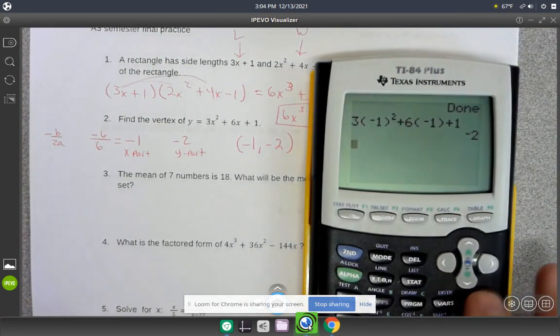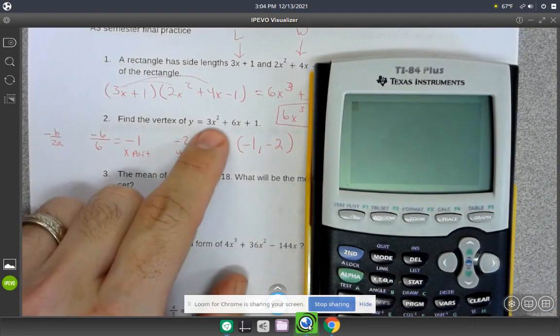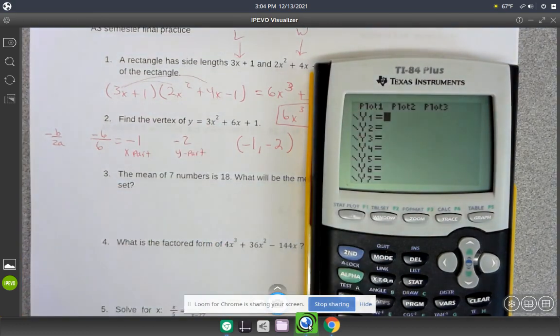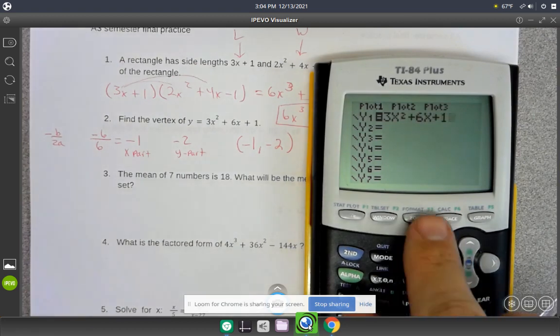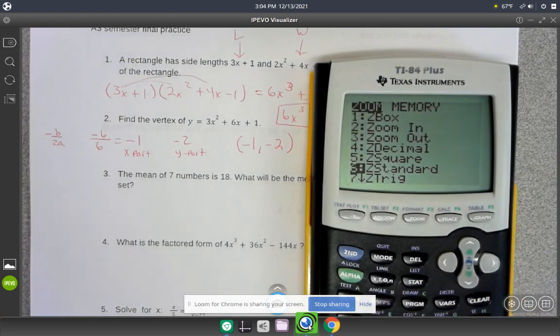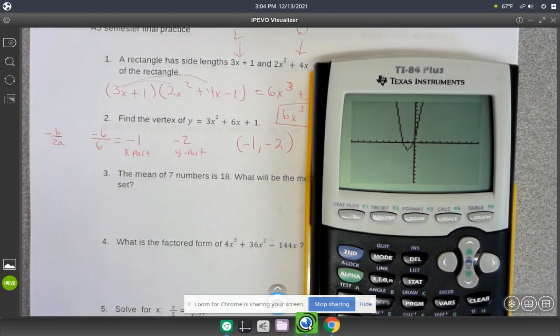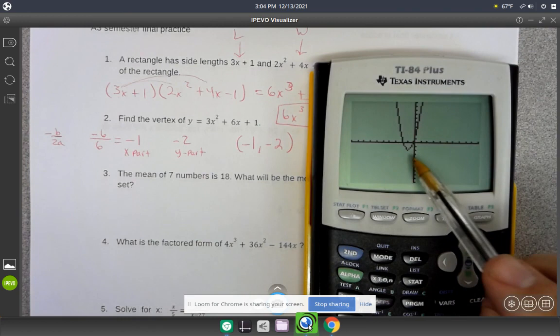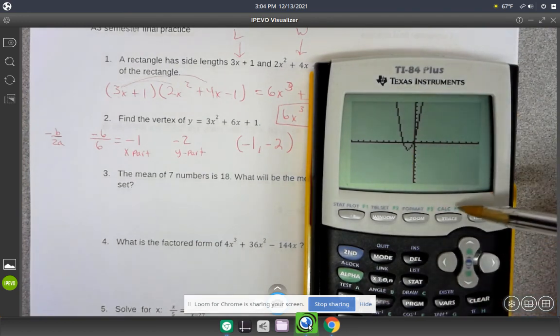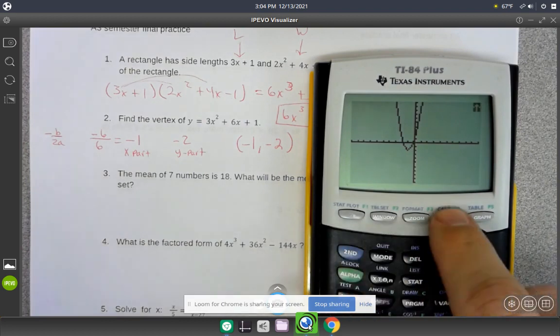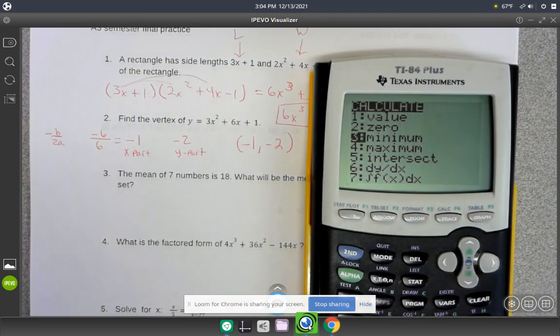The other way that you can find it is by graphing this function. Y equals menu, 3x squared plus 6x plus 1. Zoom standard to graph it. All right, so to find that vertex, it's going to be the minimum command. So I'm going to go to my calc menu. We go to minimum,